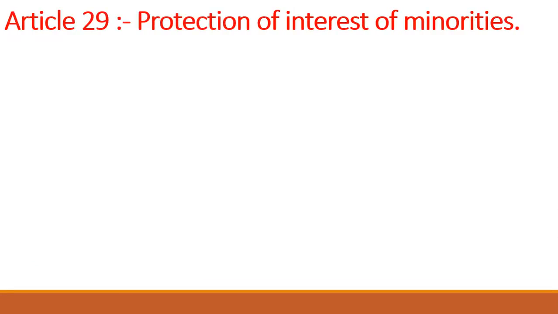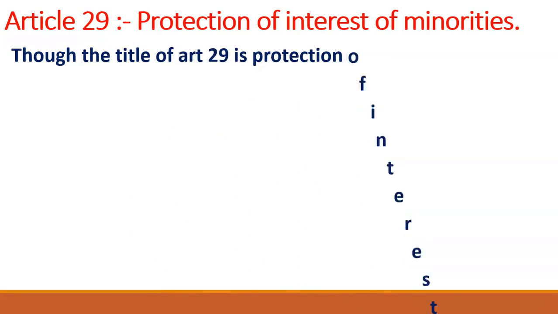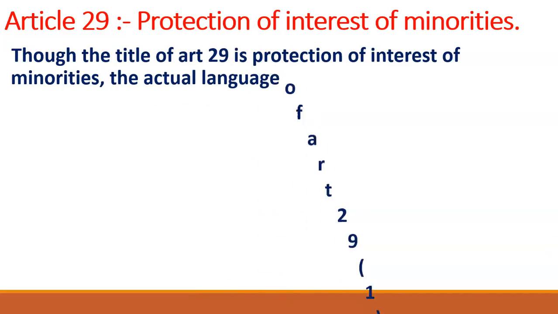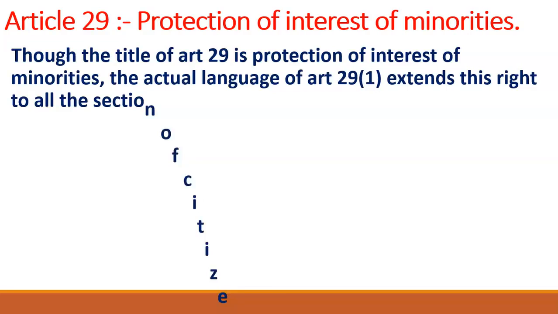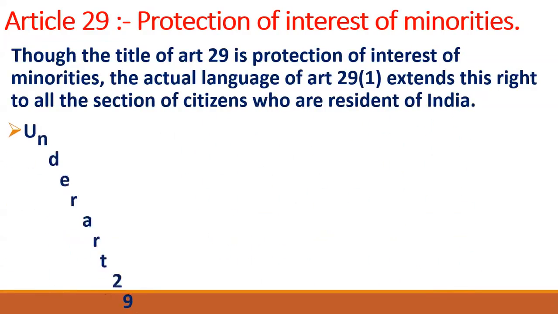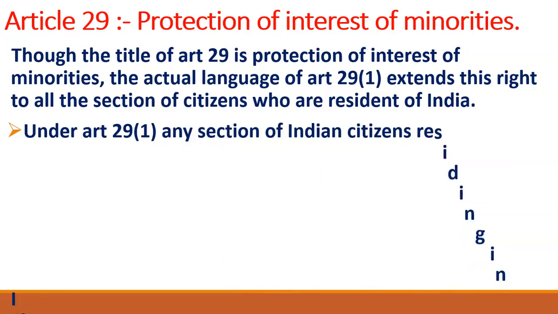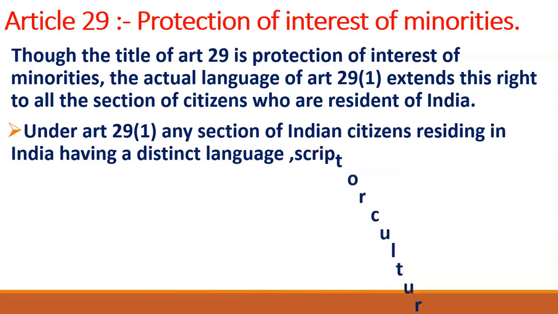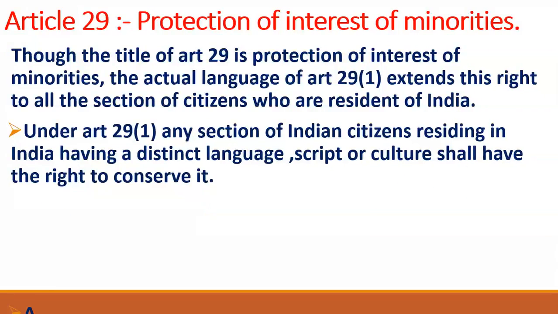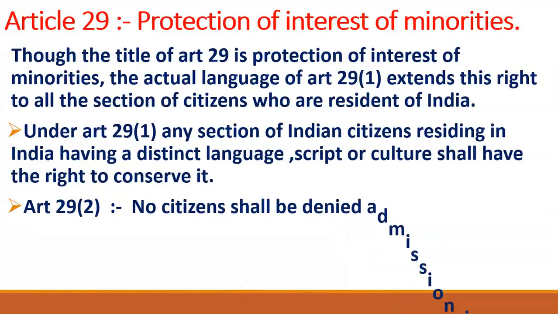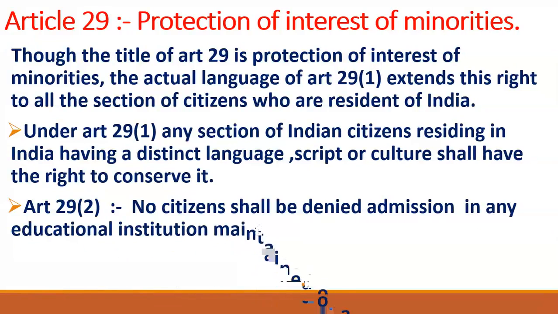So friends, then comes Article 29. So what does Article 29 say? Article 29 is protection of the interest of minorities. Now friends, though the title of Article 29 is protection of the interest of minorities, but the actual language